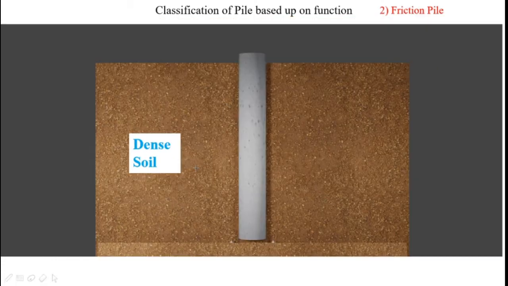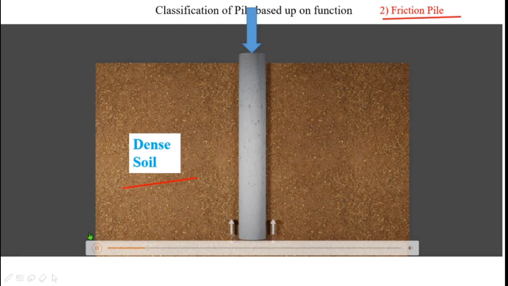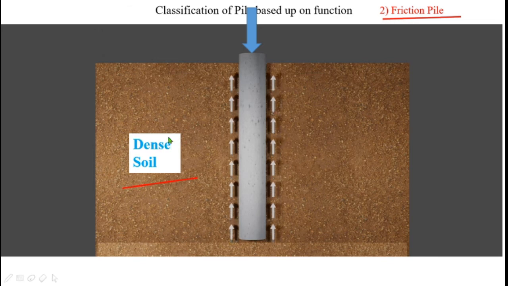Second one are called as the friction pile. As we have seen, friction piles are the type of pile which are provided into the soil which is a little bit dense in nature, or let's say an over consolidated clay or a dense soil. These type of pile do not need any kind of hard strata at the bottom. So what we do, when you apply the pressure onto the pile, what basically happens is, when you apply the load from the top, friction is generated between this dense soil and this pile.